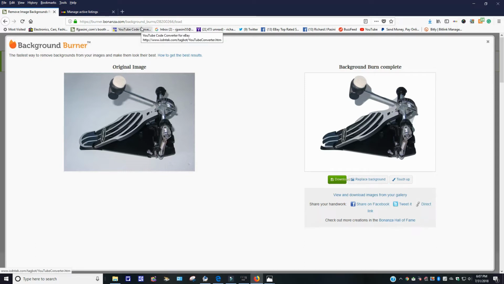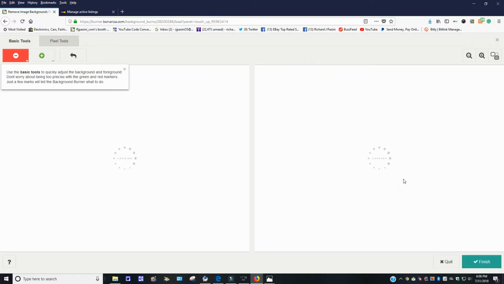It's just like a trial thing here, but that's for if you have specific pictures that you want, I'm using this as an example. If you have specific ones that you want to remove the background from, and you don't want to try doing it on your own, you could do it with this program. It's not bad. It's pretty good, to be honest with you. I like it. But here, going back to this now, I'm not going to go back to eBay, but they have touch-up. Now with the touch-up,